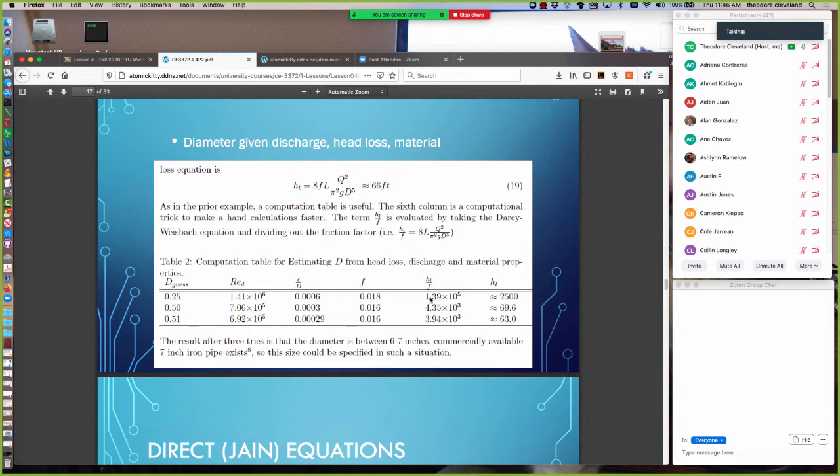and the computed head loss divided by that friction factor is listed here, which would result in a computed head loss for the system of 2,500 feet of head, which is a wee bit bigger than 66, and so that's probably not a correct answer. We can increase our diameter, repeat the calculations, repeat the chart lookup, and we get 69 feet of head. So that's getting pretty close. We increase the diameter a teensy bit,